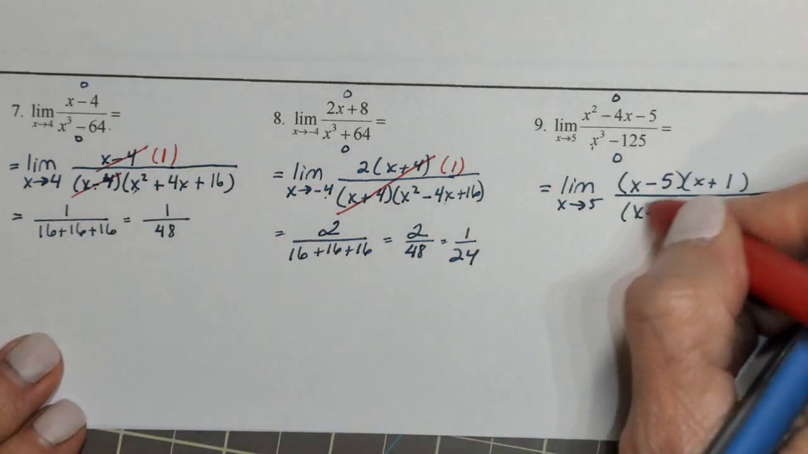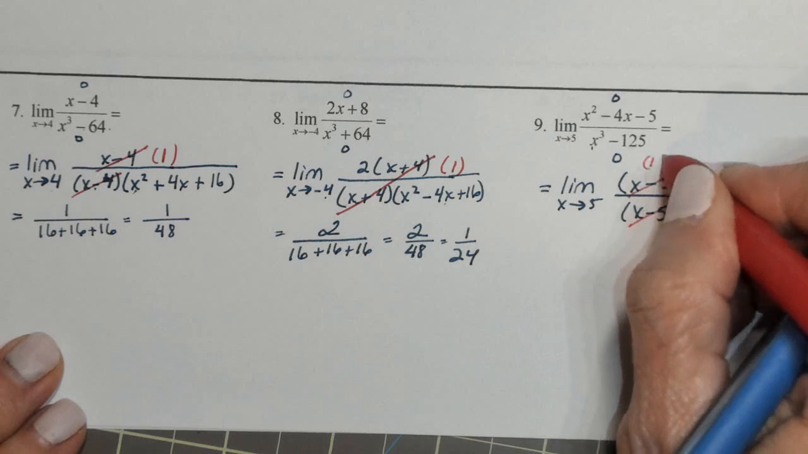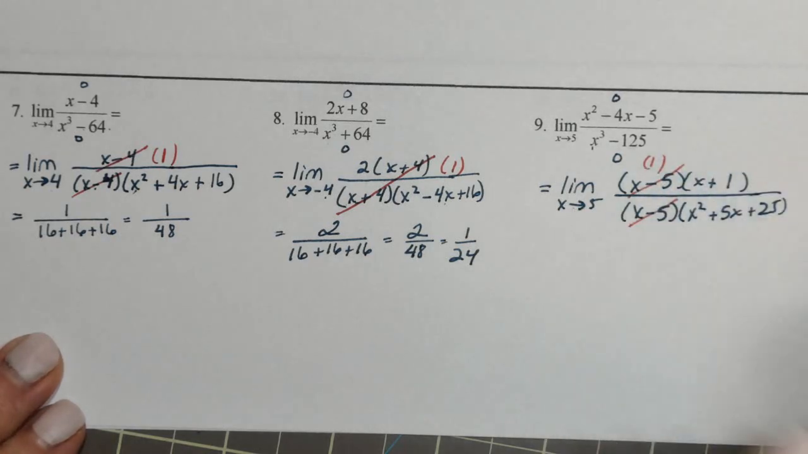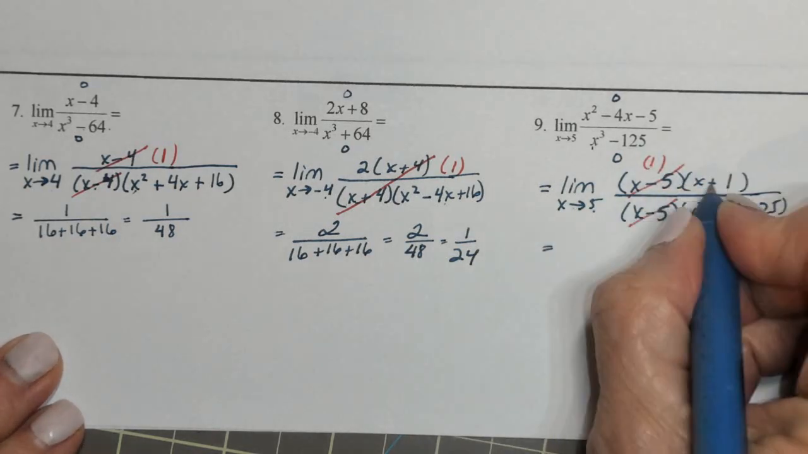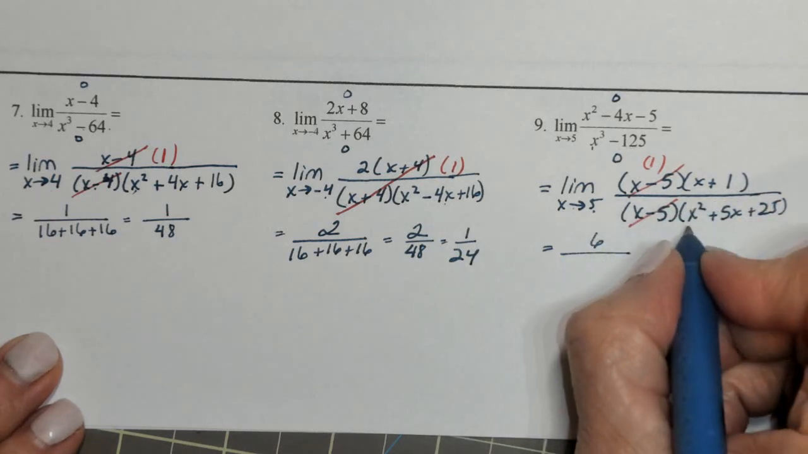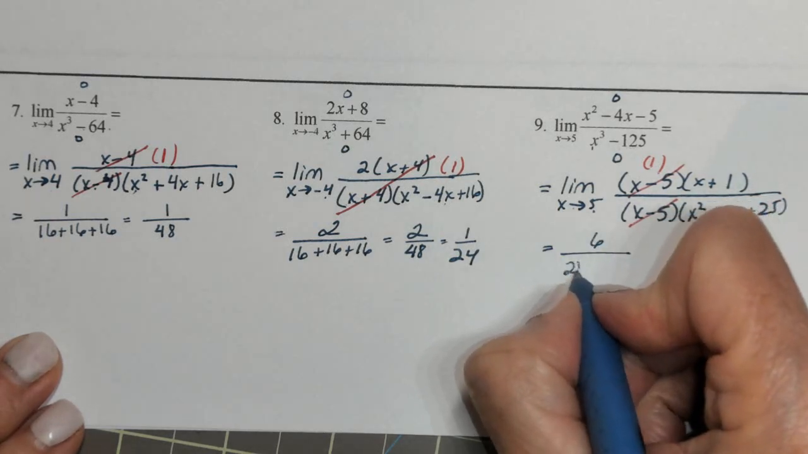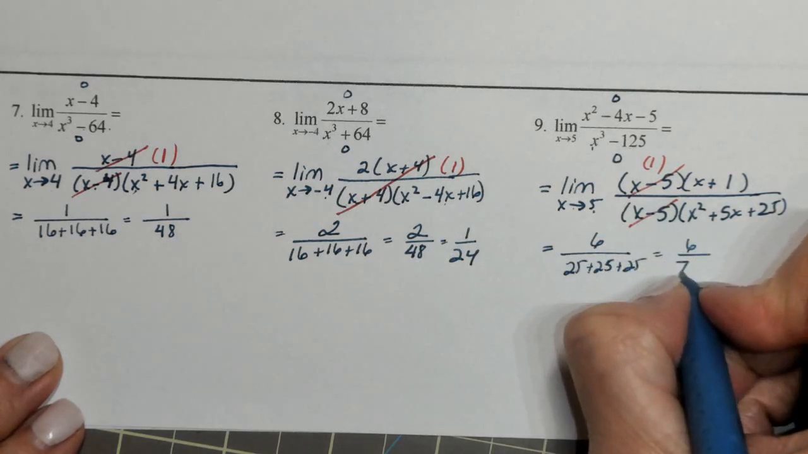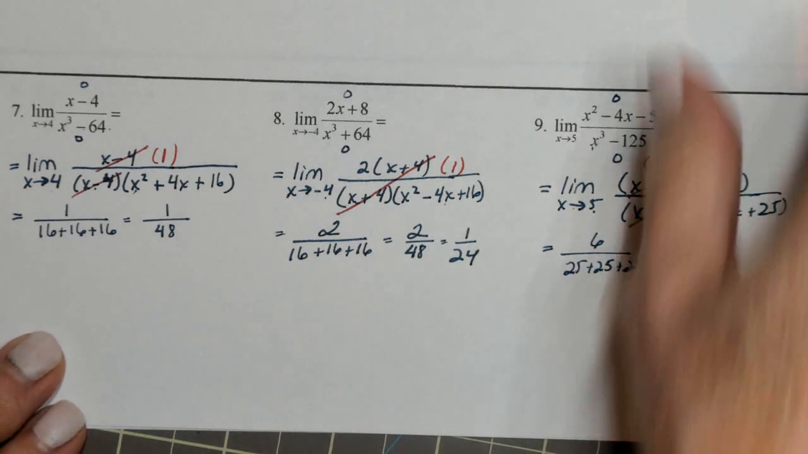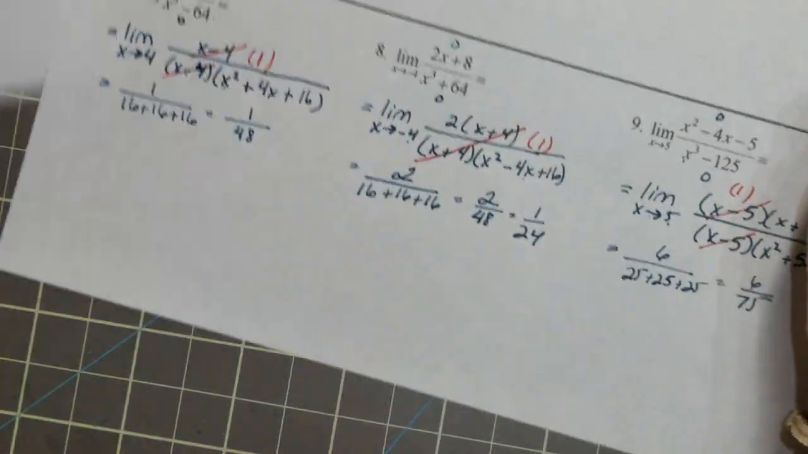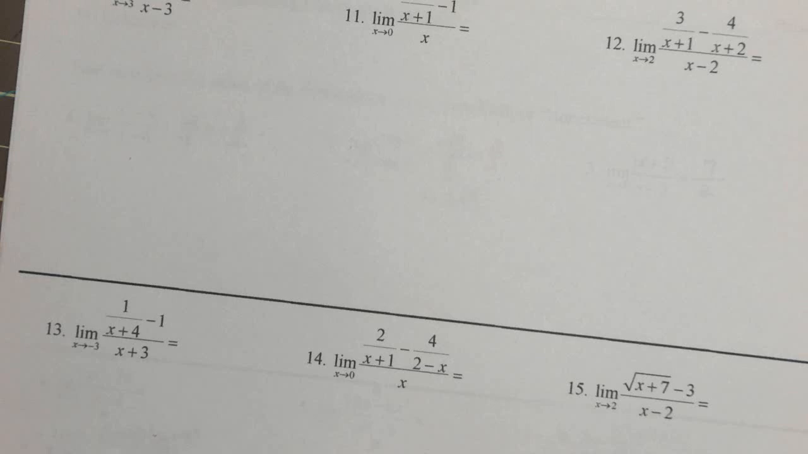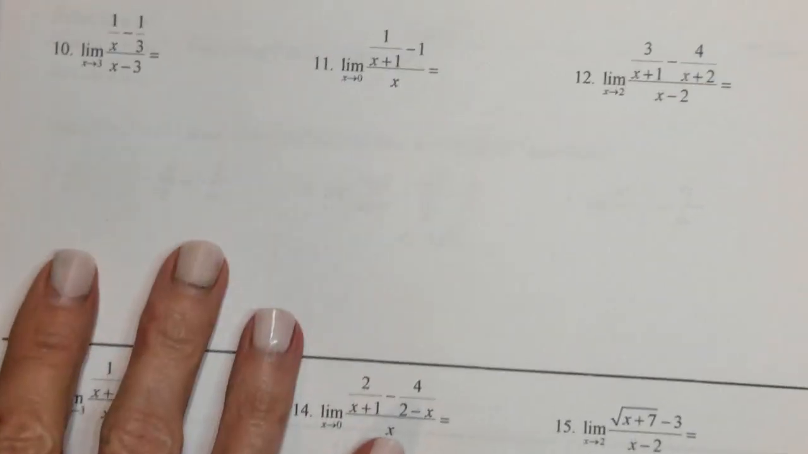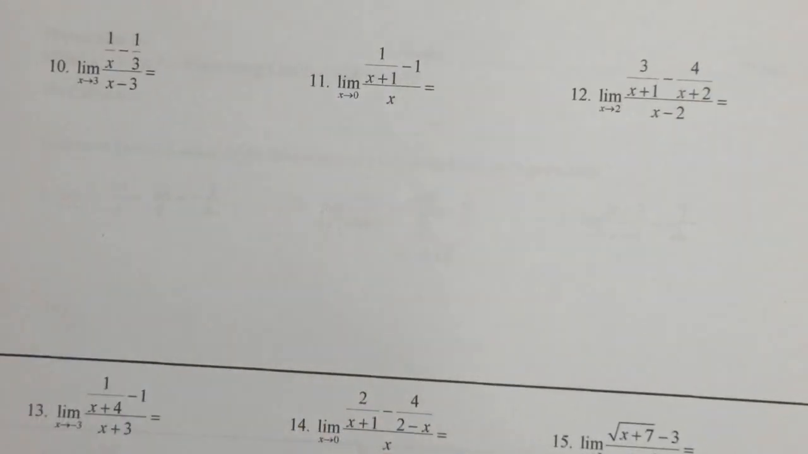Alright, the x minus 5's reduce out. They reduce to 1, and we can do that because x is not 5. Plug 5 into the remaining x's, and we get 6 over 25 plus 25 plus 25. 6 over 75 is that limit. Alrighty, number 10. For number 10, if I plug 3 in for x, in the bottom I do get a